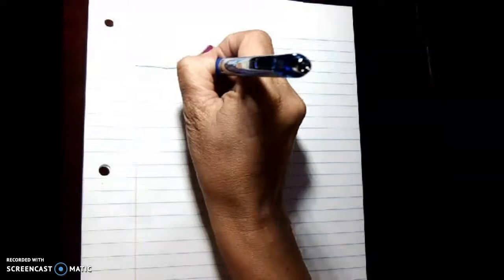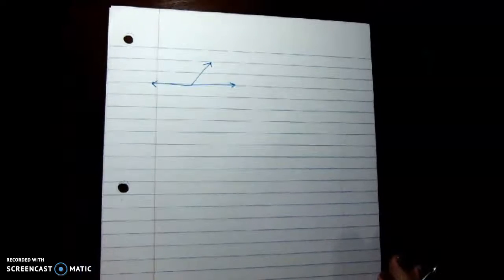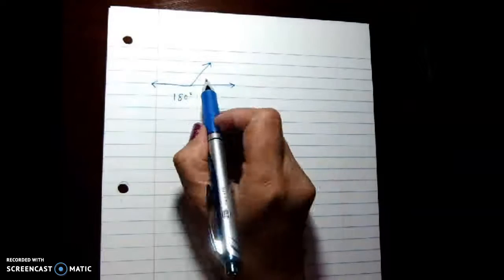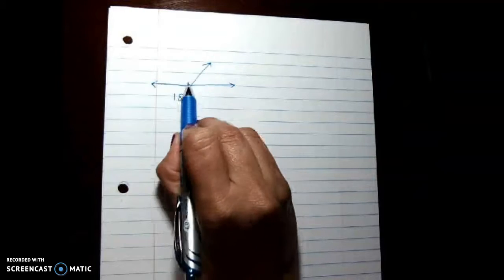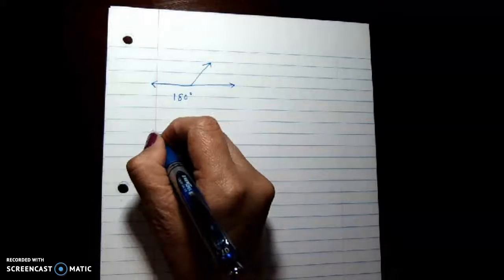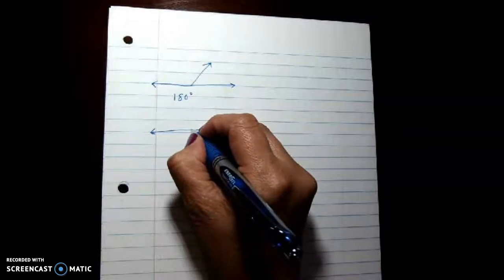All right, today we are going to look at angles, just like we did triangles. Now we're going to look at angles. One angle is a supplementary angle. This means that this angle equals 180 degrees. No matter how many angles are in it, it all has to equal 180. So in other words, if this equals 180, this could be